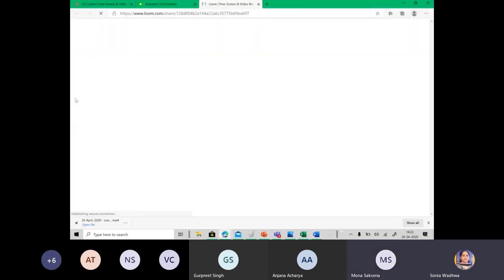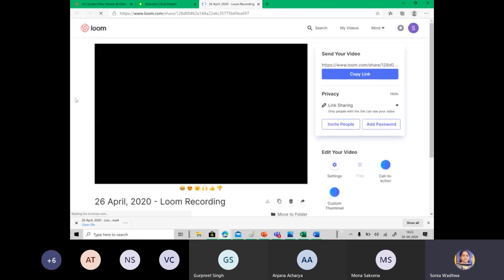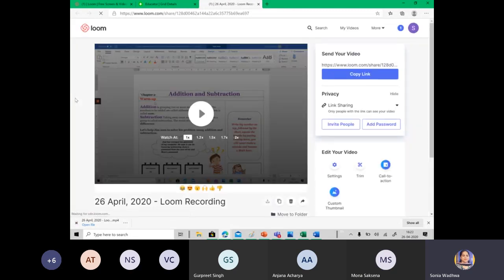The moment you say stop recording, your recording comes here like a YouTube video recording. Now you can play it at 1x, 1.2x. These are speeds of the recording. 1.2 is an ideal speed, and 1 is the speed at which you recorded. If you want to go a little faster, choose 1.2. If you want a really fast video, then you can increase the number of frames per second.